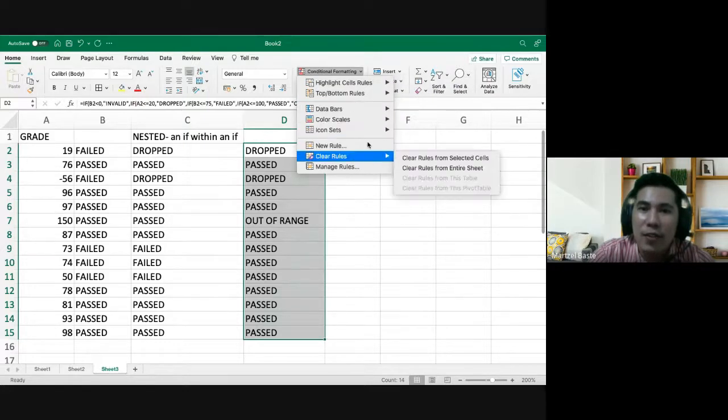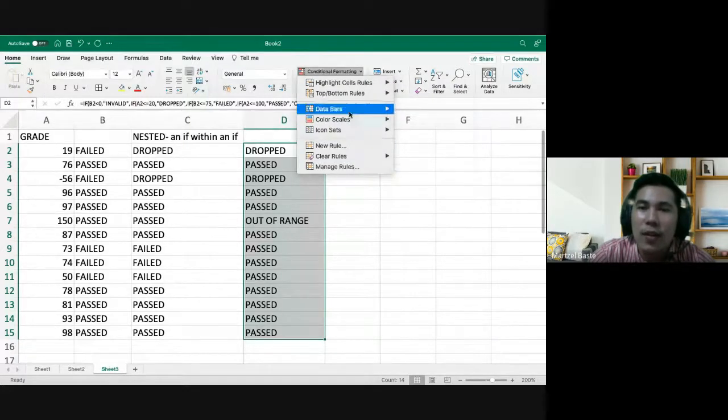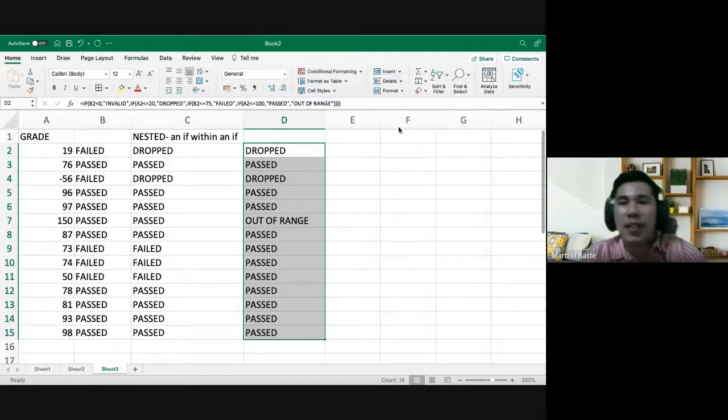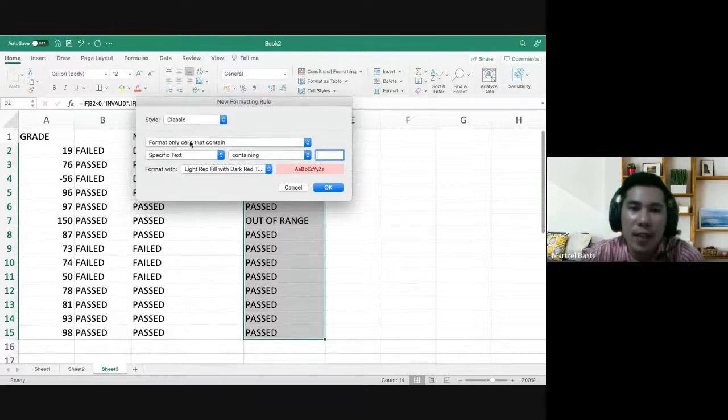You can actually create your own rule. This time we're going to be using a rule that is pre-built in. So we have here anything that contains, so let's say anything that contains